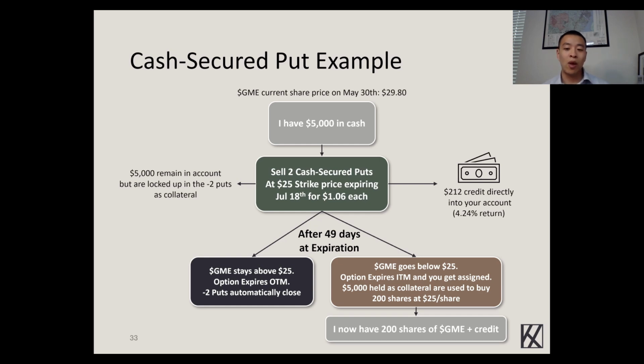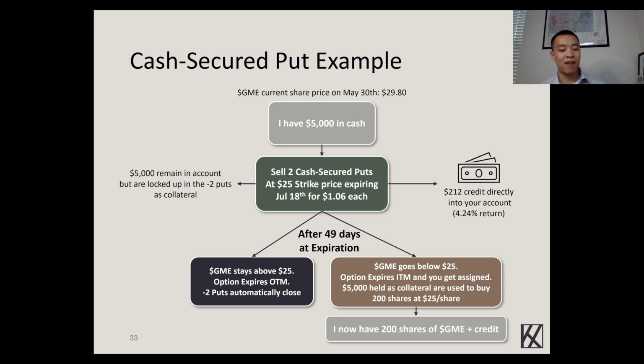The next scenario is if I'm wrong. So let's say GameStop went below my strike price of $25. The option now expires in the money and I get assigned. So that $5,000 I had in collateral is now used to buy 200 shares because I had 2 cash secured puts. They're used to buy 200 shares at the strike price of $25 a share. All right. So it doesn't matter if the price is at $25 exactly, or it went super low to maybe like $10. I still have to buy 200 shares of GameStop at $25 a share using that $5,000. So in the end,